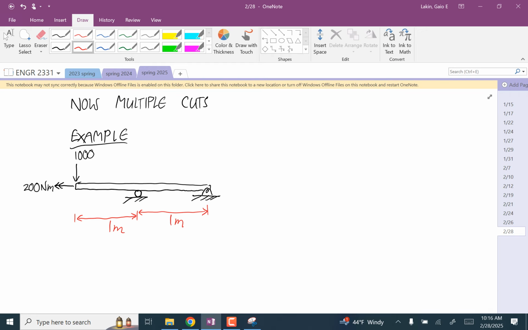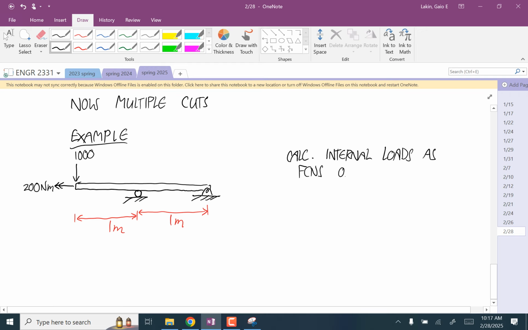When you include weights in internal loads calculations, you have to put them in as distributed loads. Remember that from statics, so we'll get to that next after this. And we want to calculate the internal loads as a function of x. As functions of x. Okay, so,